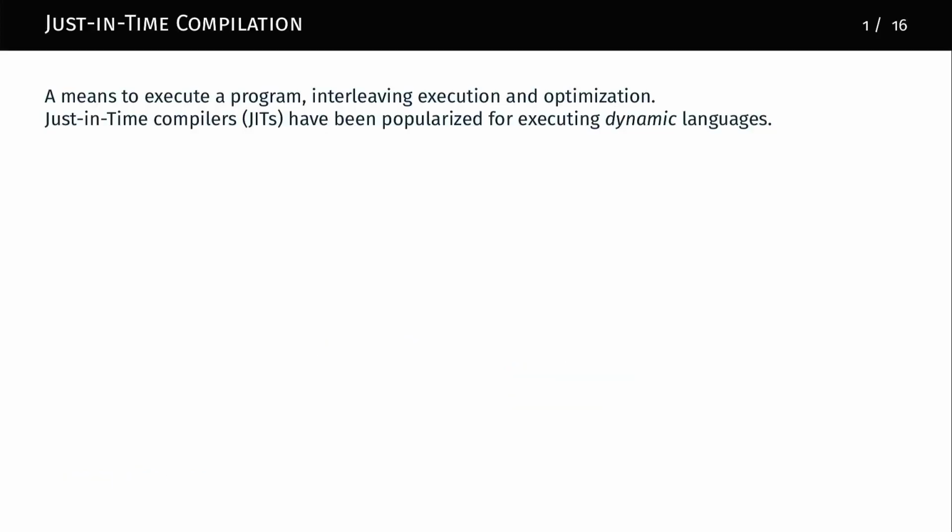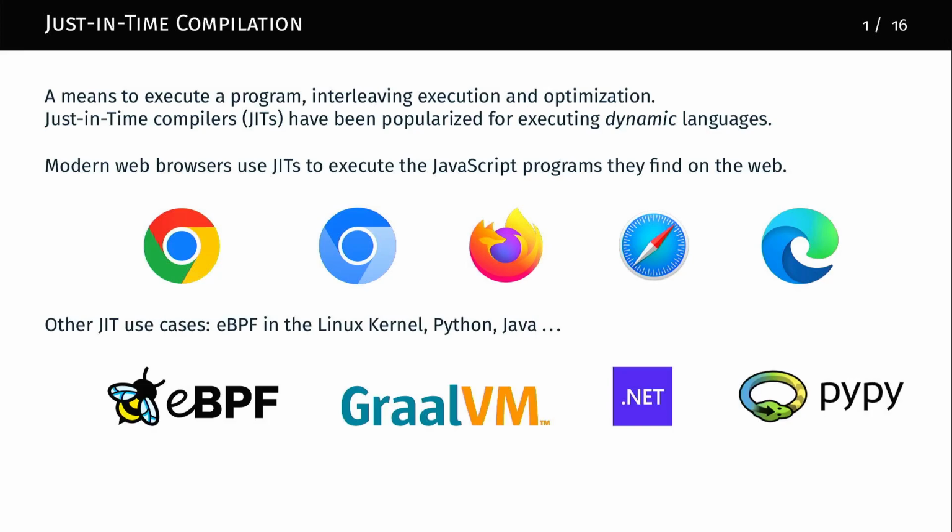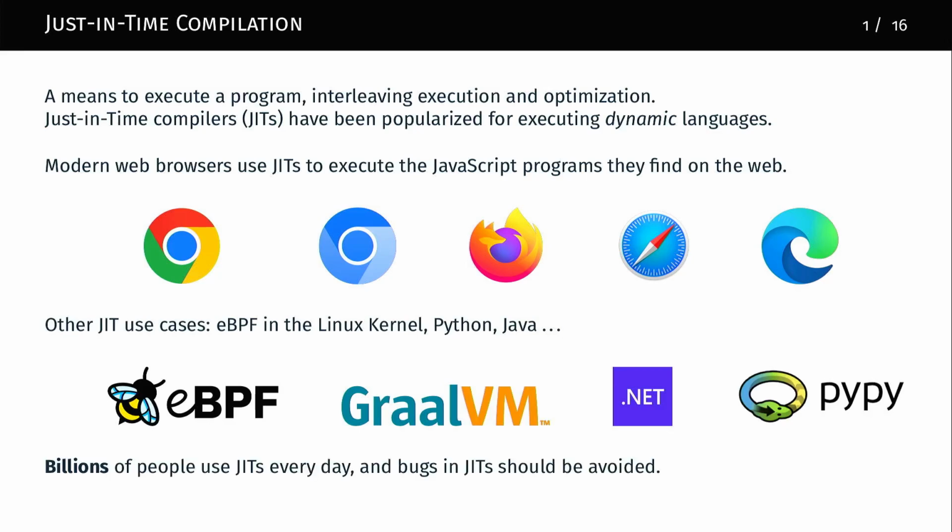So generally, just-in-time compilation is a technique to execute a program where we interleave execution and optimization of the program. Just-in-time compilers are particularly popular for executing dynamic languages, which explains why most modern web browsers today use JIT compilers to execute JavaScript programs. But that's not all. There are actually many other use cases of JIT compilers, and you can think about eBPF, Python, Java, and many others. The takeaway here is that billions of people use JITs every day, and so we want to avoid bugs